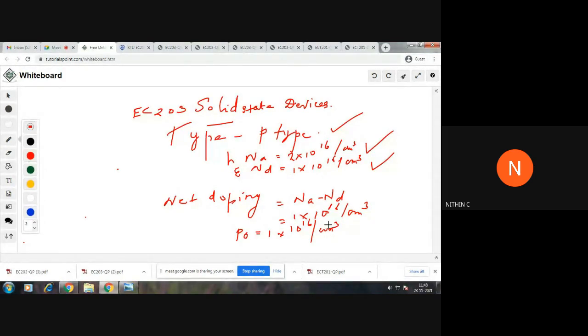Okay. Fine. In that case, you can find the value of electron concentration also. Now you know that this is P0. We got P0 through the net doping. In order to find the value of N0, you can directly use the mass action law. We know the expression. That is a very general expression that we use in almost all the questions from the first module. That is N0 P0 is equal to Ni square. And you can depend on that.